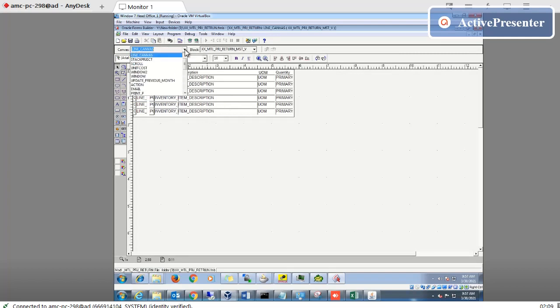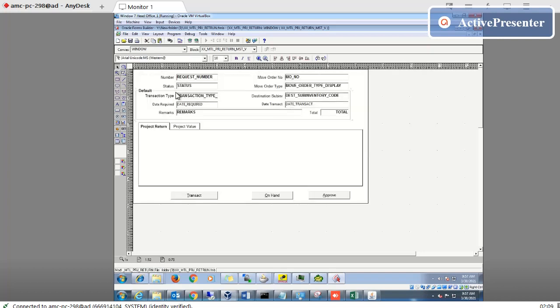A different window. Here I use the interface when you try to transact.